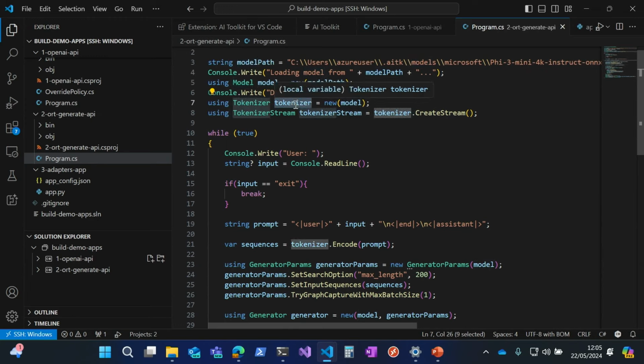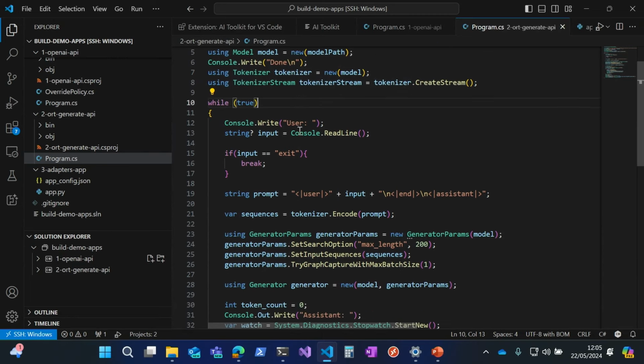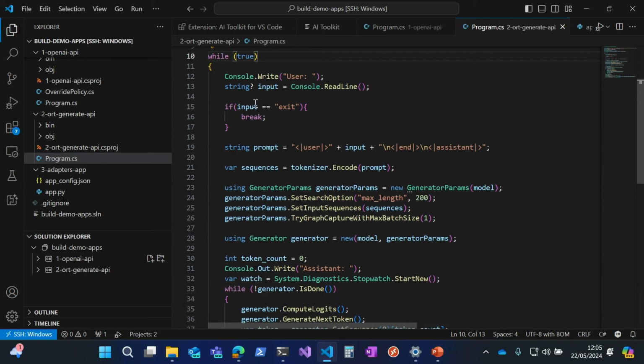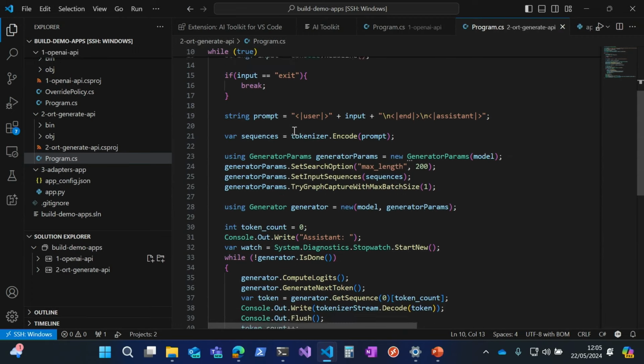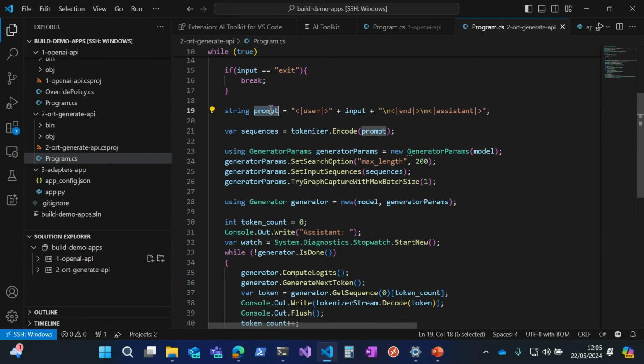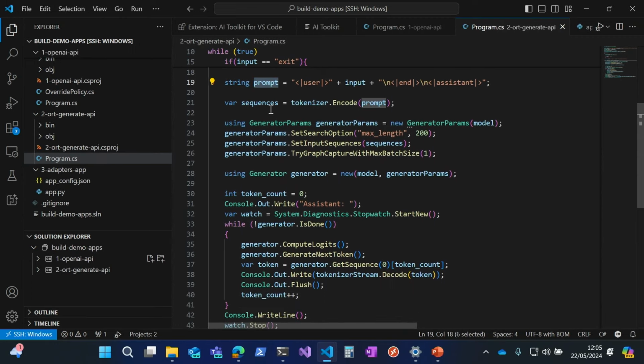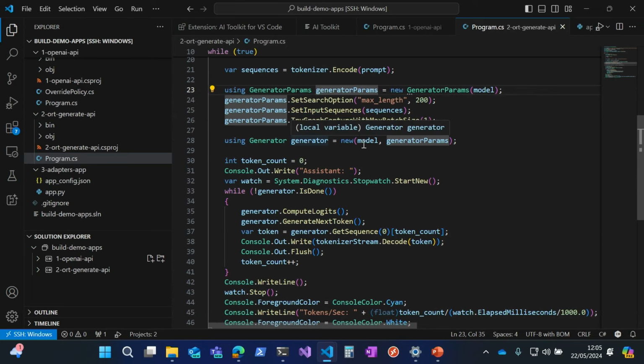And the ONNX generative API also provides the embedded tokenizer. You can create the tokenizer from the model. And once you have the model and the tokenizer, you can start a for loop to get the user's input, and then you can compose the prompt with user input. Once that's done, with the generative parameter API, you can create a generator